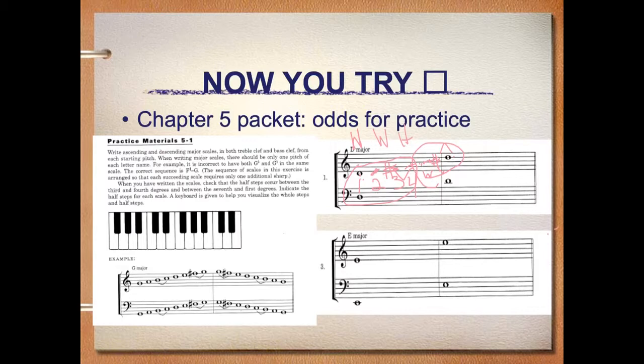Let's do one more. E major. Again, step 1, build all the notes between E and E, the octaves. So E, F, G, A, B, C, D, E. Don't forget any, or you'll get yourself into trouble. So draw those on the staff. Line, space, line, space, line, space, line, space.